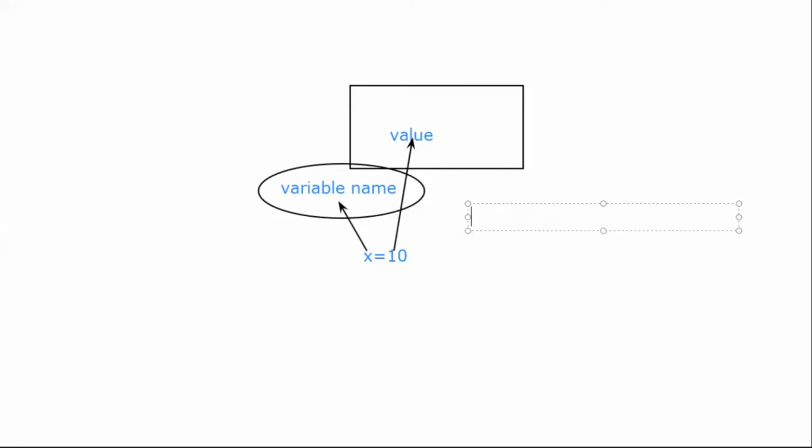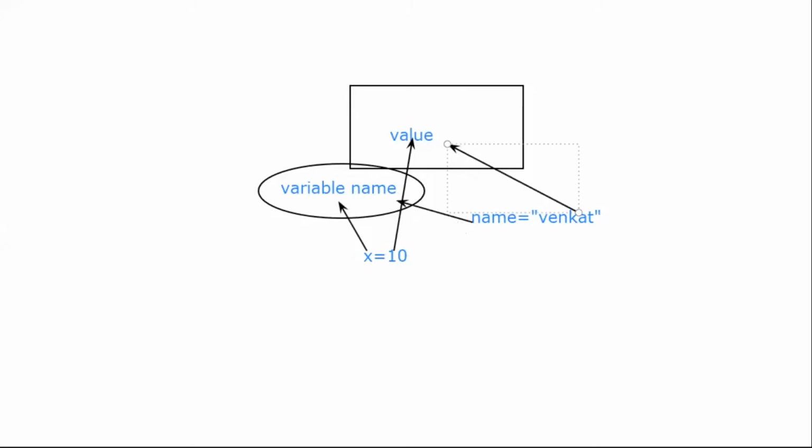This is the variable name and this one is the value. So this way we can do it.